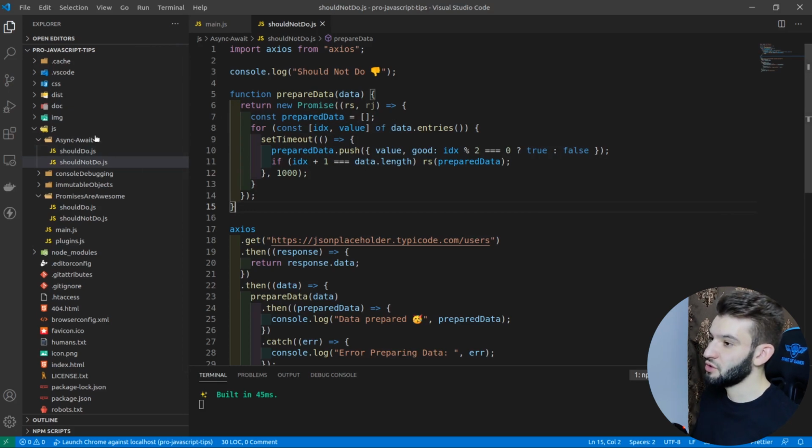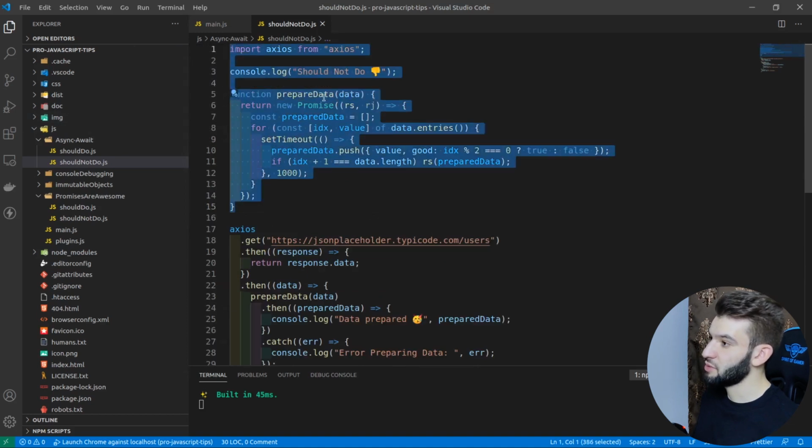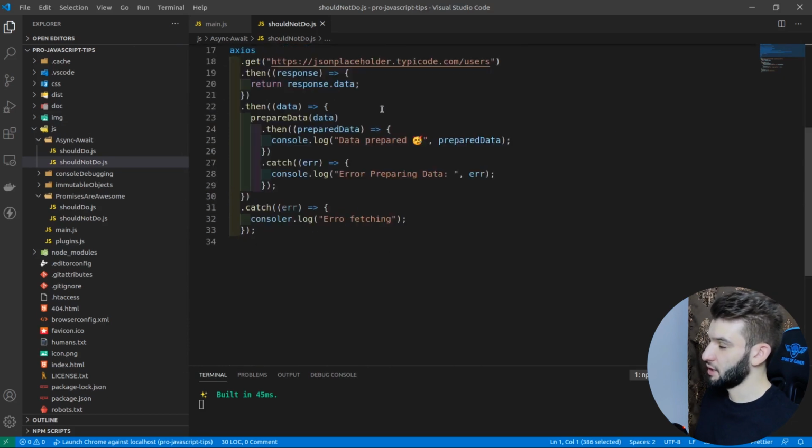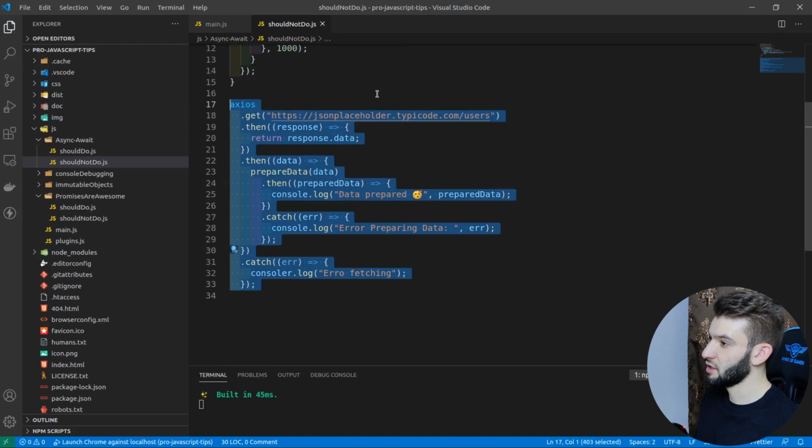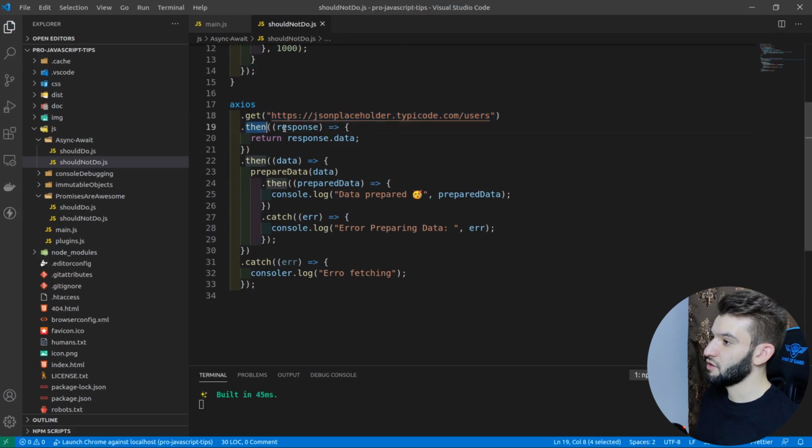Now here for the should not do, we have the previous prepare data function, which returns a promise and prepares the data for us. Now the next piece of code we are running has Axios get. We get that from a particular API. Then we have then, returning a response. We just return that particular data, then we can chain it with another then. This is one of the other features that promises have, by the way. And we have prepare data in here, so we're going to prepare the data, then do then and catch